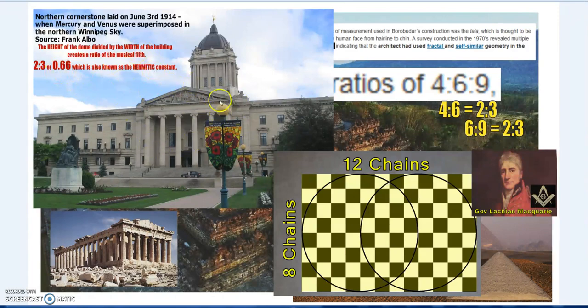Frank Albo's done a lot of work on Winnipeg, but also here in Australia, Governor Lachlan Macquarie, from the street widths to, well, proportions, layouts, you name it, he set the pattern for the street plan, town planning in Australia, which is just overflowing with significant important numbers, and again built off this geometry. So for instance, when he arrived, he redesigned some towns to make them fit this plan better, but he also set up a number of towns from scratch, and he included Pythagorean theorem, especially the vesica here, this 2 to 3 ratio, or 8 by 12 chains.